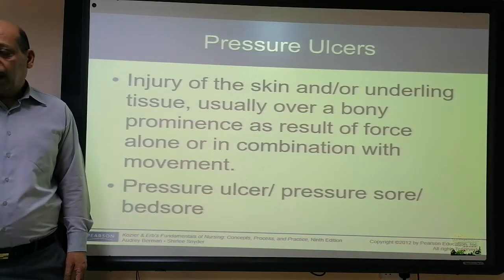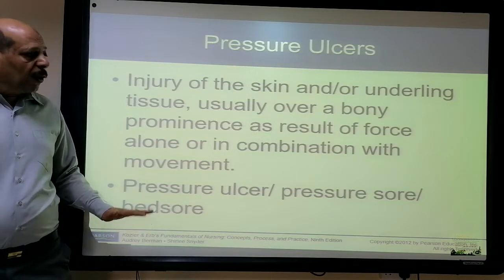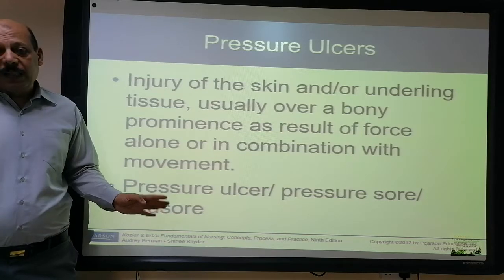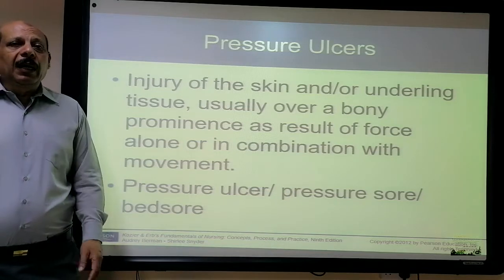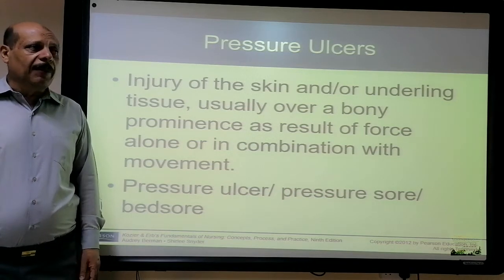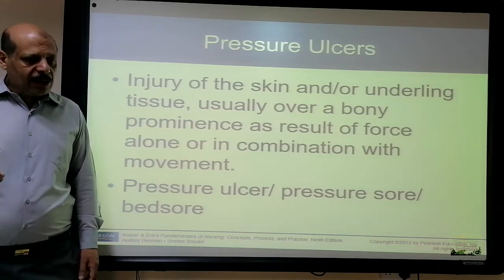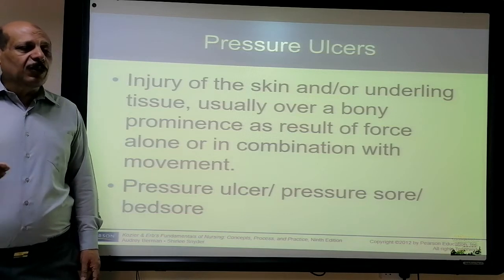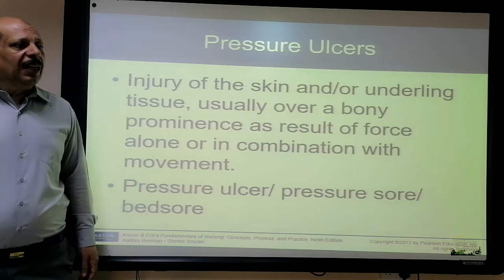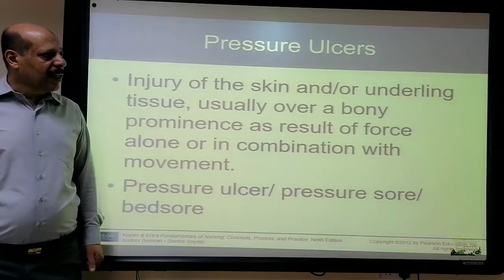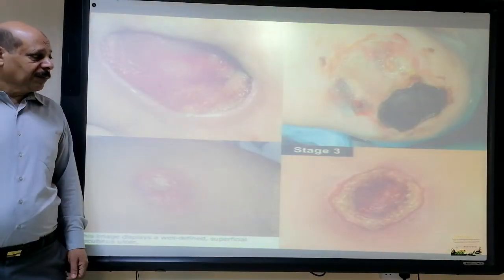As we said, we call it pressure ulcer or pressure sore or bed sore or decubitus ulcer. Why are we calling it bed sore? Because those who are confined to bed for a long period of time have a lot of changes that happen in their body, in their circulation. The circulation will be weak. Also, the pressure will be over a certain area, especially if they are unable to move, and that increases the possibility of forming a bed sore or decubitus ulcer.